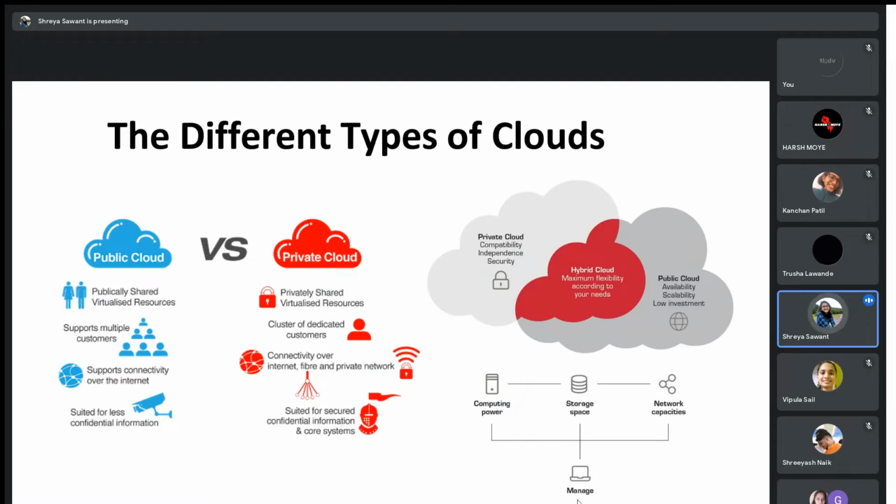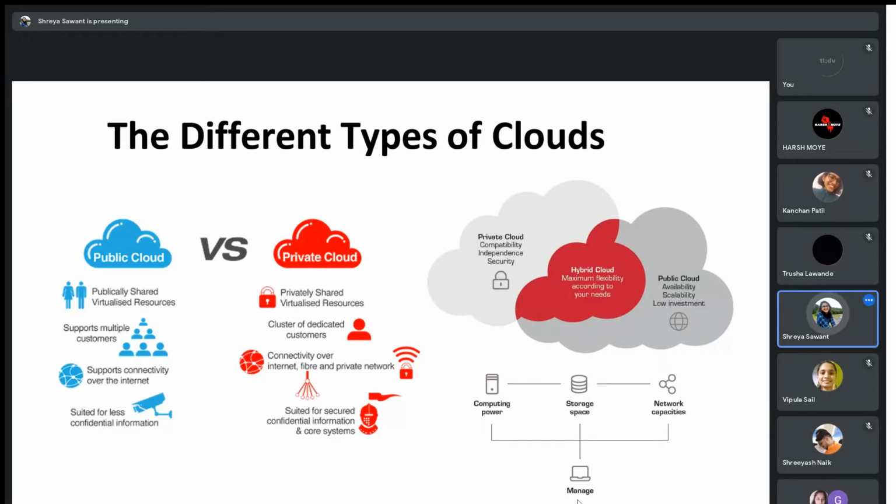Next, we have different types of clouds: public cloud, private cloud, and hybrid clouds. Under public clouds, the cloud infrastructure is available to the public and is provided by the cloud service provider over the internet. It can be accessed by multiple customers and is publicly shared. Next, we have private cloud.